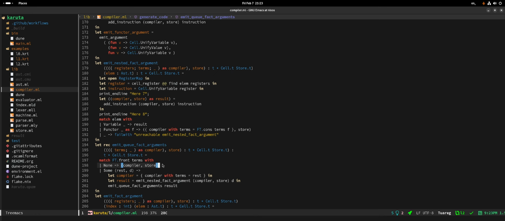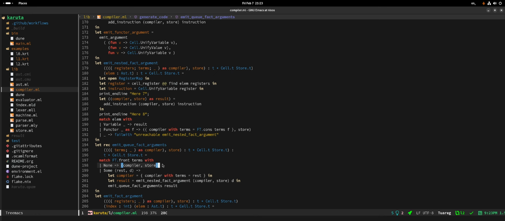Because we use this function to add the stuff to the queue originally, right? Which function? The emit nested fact argument, right? Yes, we did. But the problem is that it's going to see, oh, we're emitting the instruction for a functor, and then it's going to add it back to the queue. Ah, we are feeding ourselves. Which is not actually right.